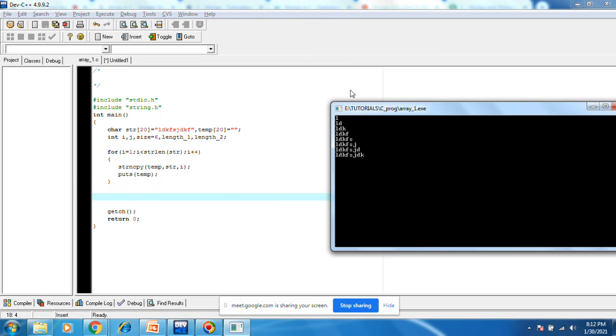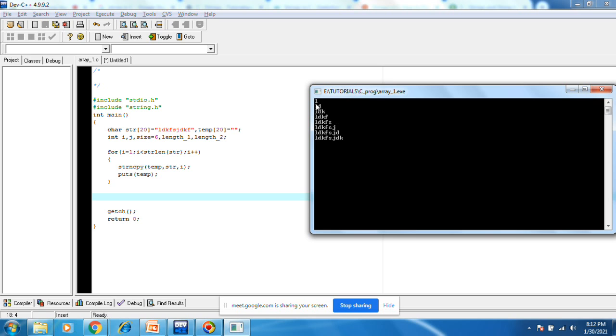There you see, all these are possible substrings. Now this is also a possible substring: d, dk, dkf, dkfs. All this is also possible substring, correct? You can try for that as well. This one is done, and then d, dkf, dkfs.